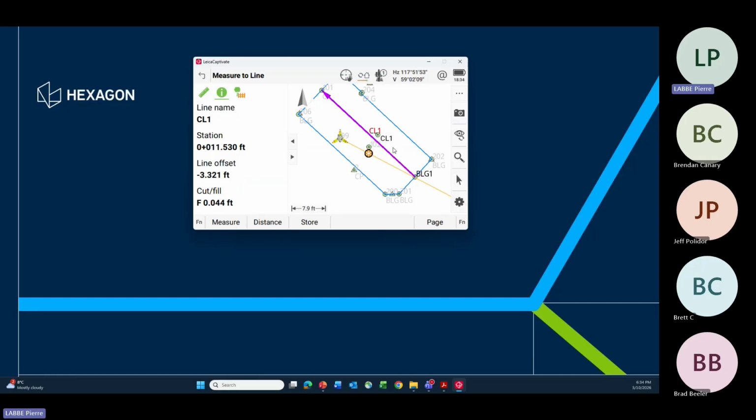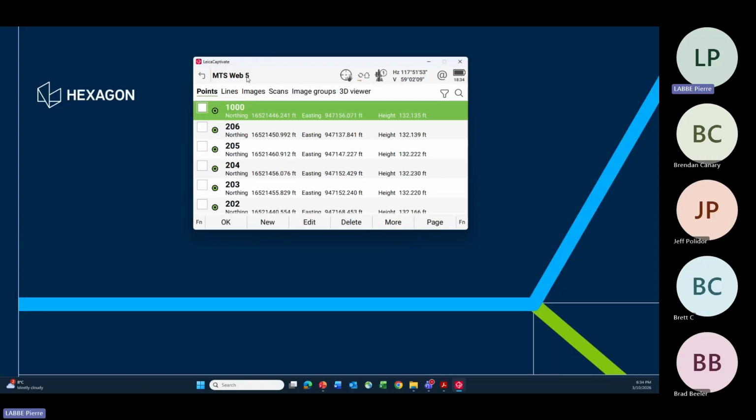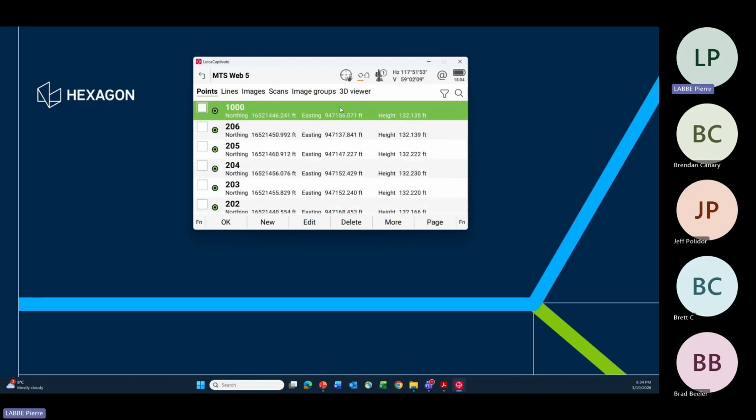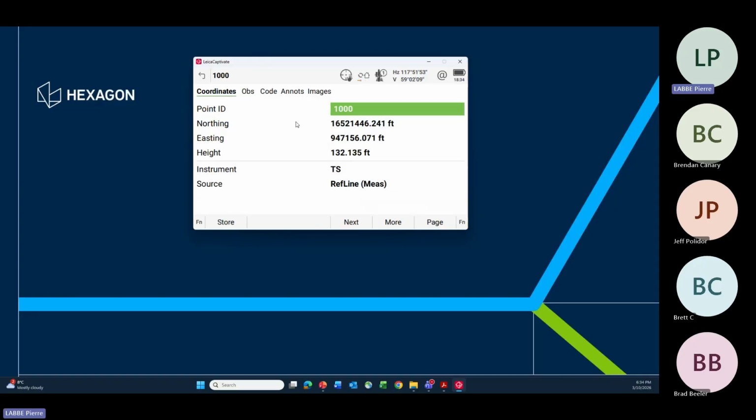I think it was underneath. If I pick my job and I go to my point, I just measured 0.1000 earlier. If I edit that point, this is the coordinate of that point, but there's an annotation, and see here,